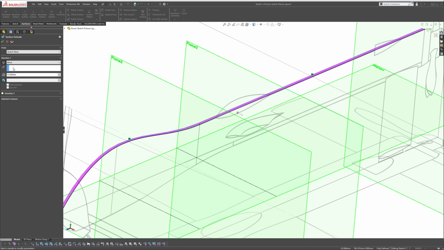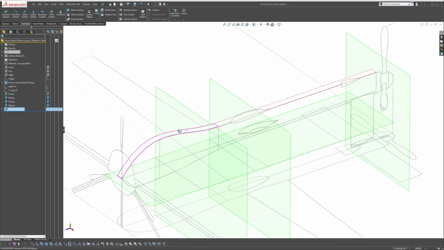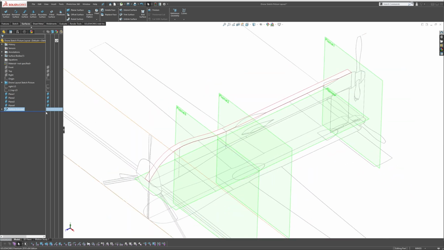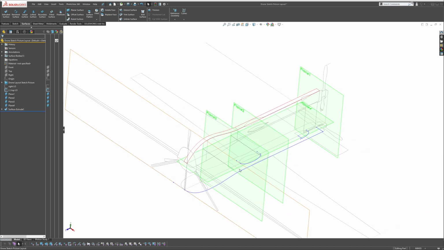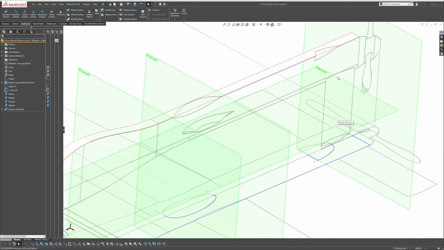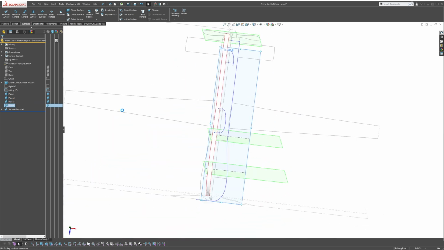So we're going to flip it, and we're going to make this 40. So I'll hit OK. So that's one helper surface. And then the other helper surface is going to be the bottom profile, because that's what I know. So we're going to draw that on this plane 4. So select the plane here. You can select it here, or you can select it here and just go right click, hit sketch, and then